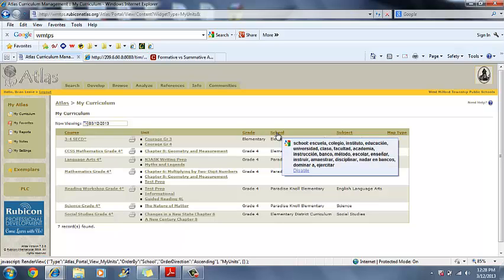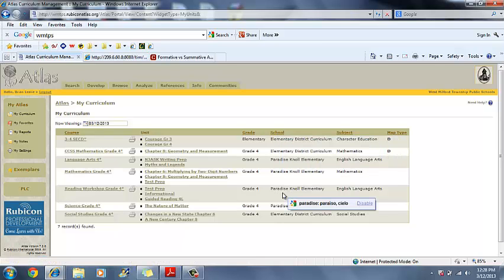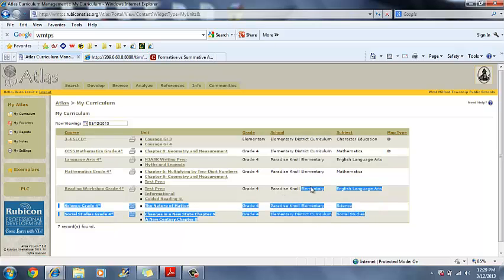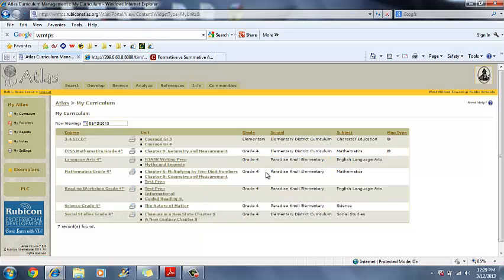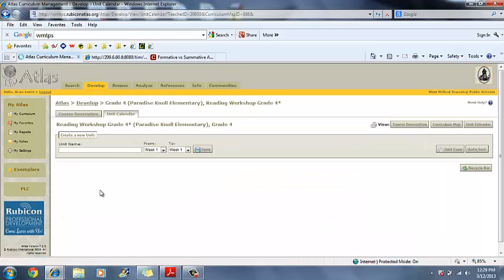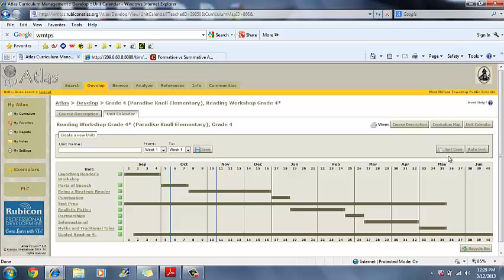When you first get this, you're going to be looking at a lot of blank pages, and you're going to try and figure out, well, how do I get this done? A little bit at a time. I mean, that's really what it takes. I'm okay with anybody that teaches fourth grade coming in and copying a lesson. Maybe that's something that I'll try to show you right here. If I click on reading, and I want to do a unit copy,